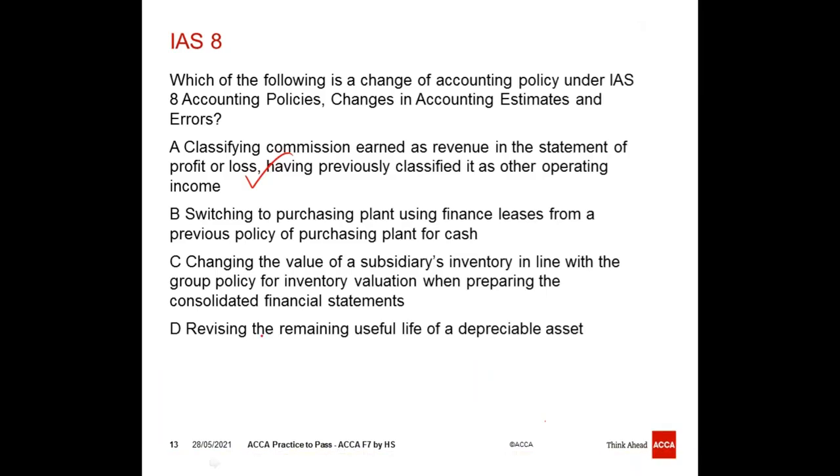Revising the remaining useful life of the asset is an accounting estimate, and this question is asking for the accounting policy. Changing the value of the subsidiary's inventory in line with the group policy is a consolidation adjustment. It's not a policy. Switching purchasing plant using the finance lease is not an accounting policy. It is an operating policy, whether you want to buy the assets on cash terms or credit terms. So this one is the only policy: